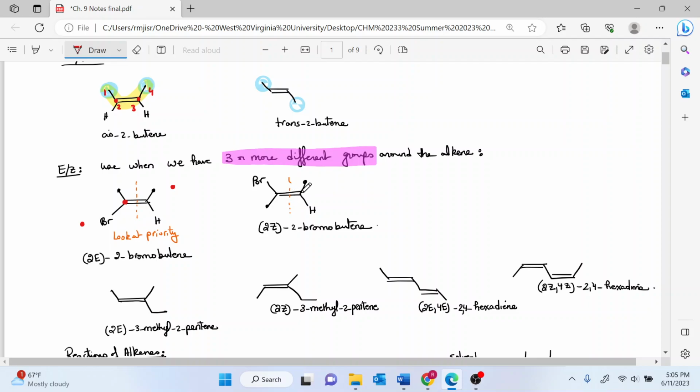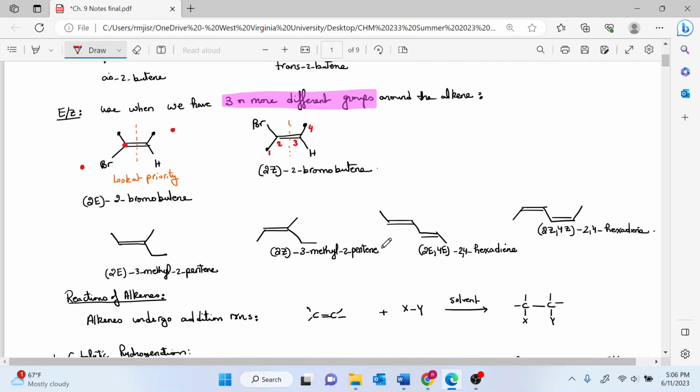Every time you have a chance to have stereochemistry around the alkene, this is going to be included in the name. Choose your longest carbon chain and give your double bond the lowest number. After you give your double bond the lowest number, then if there's a possibility to give the substituent the lowest number, then go ahead and do that. Here I can number the double bonds from either one of the sides and it will be number 2. So this is why I go by the route to give the substituent the lowest number. I have to locate that on 2 my double bond starts, and it's that double bond which has a Z